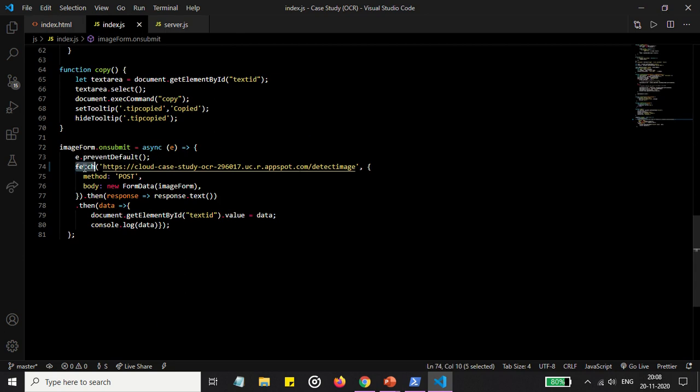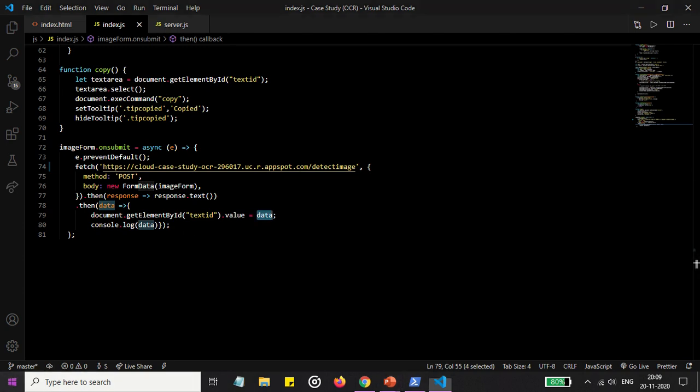The fetch API is used to send the post request along with the image data to the backend. Since it's an asynchronous program, as soon as you get the result, I am converting that to response.text and passing it to data, where I am changing the text id value to the data, which shows us the output in the HTML text area.